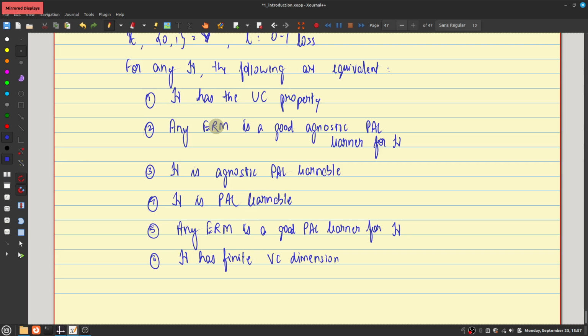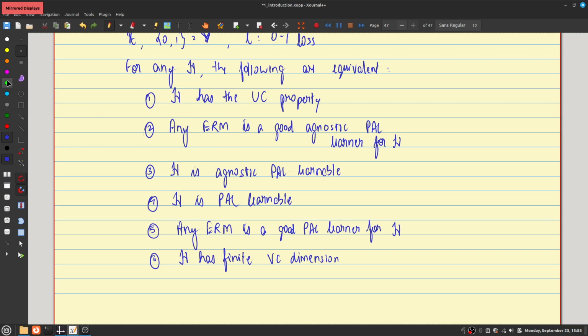Correct. So if H does not have finite VC dimension, that is clear, right? If H does not have finite VC dimension, then directly from the no free lunch theorem, it is not PAC learnable, and therefore not agnostic PAC learnable. But what is special about this is that as long as H has finite VC dimension, H could be infinite. But if it has finite VC dimension, then it is PAC learnable. And something even stronger, H has the uniform convergence property, which, as we've seen previously, is a sufficient condition for PAC learnability.